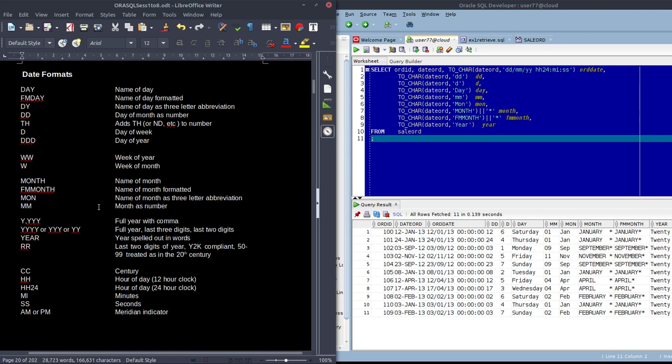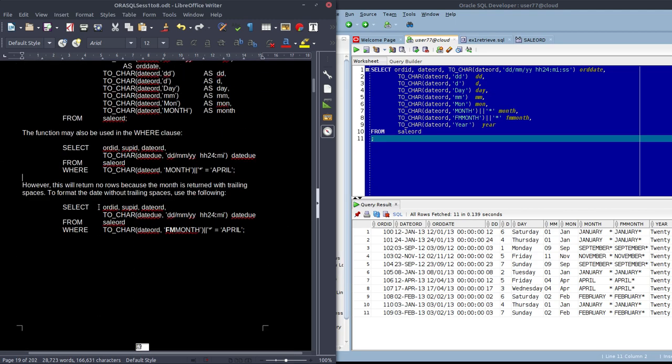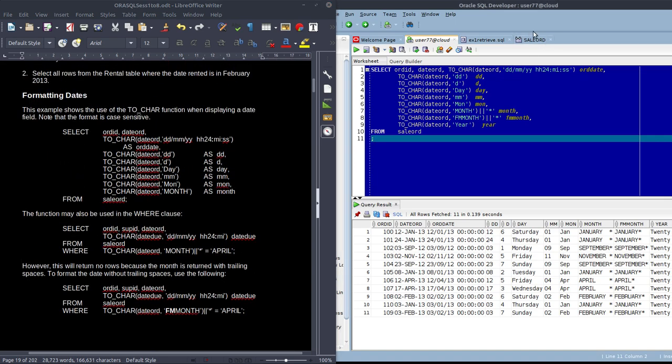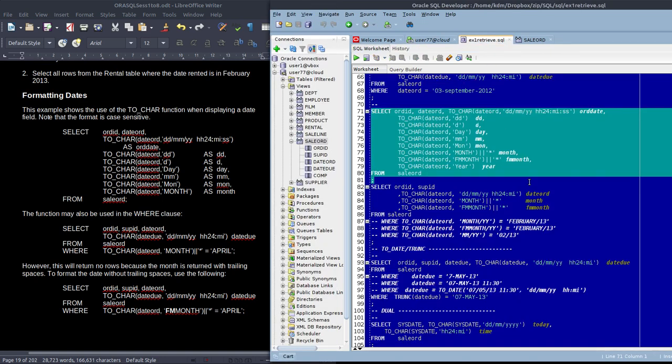There are the date formats you can use. Well, some of them, there are more I think, but there's most of them, the main ones. Let's look at formatting dates. If we go back to retrieve,